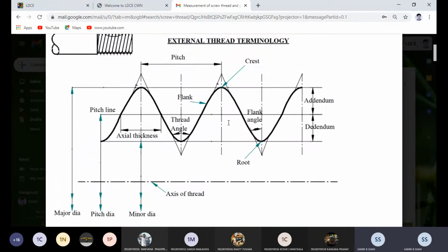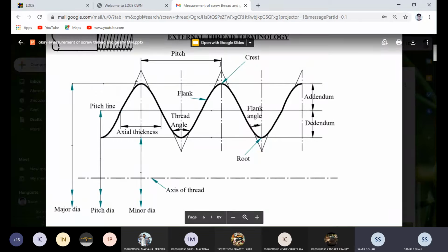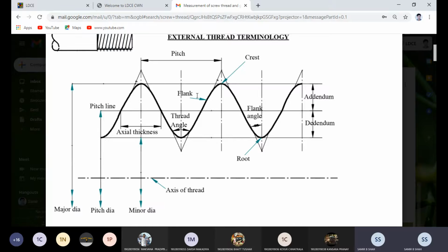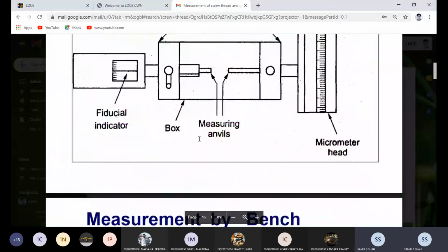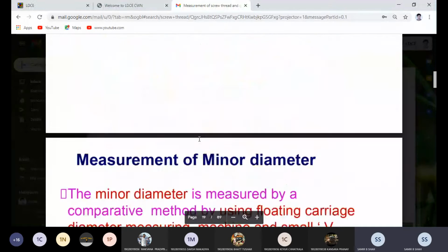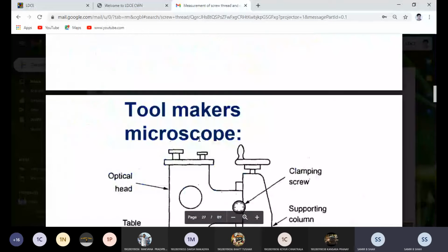We are measuring here: one crest touches here, and either a crest or a root may touch the anvil, and the other portion we get with the help of the wire, which we measure directly with the micrometer. So the micrometer reading is not taken on a standard gauge. The dimension of the standard gauge can be the same as that obtained by this method. I have not included that method in the PPT, so I just explain it this way.